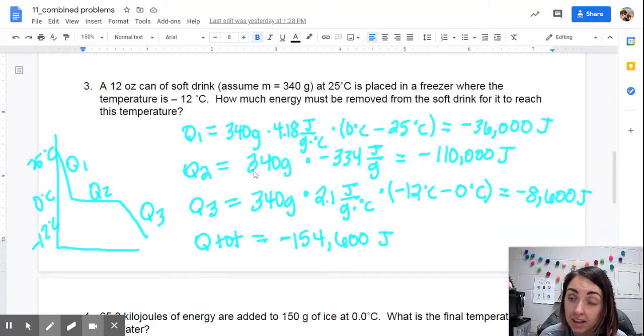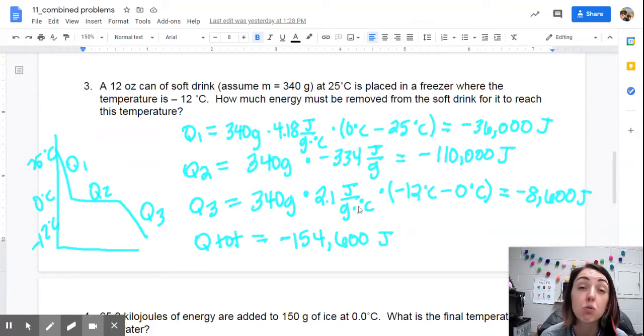Q2, it's freezing. So I need to make sure I make my heat diffusion negative. Again, they're all going to be negative or they're all going to be positive. And on those phase changes, you have to be smarter than your calculator. You assign the negative or positive. So negative 110,000 joules. And then Q3,